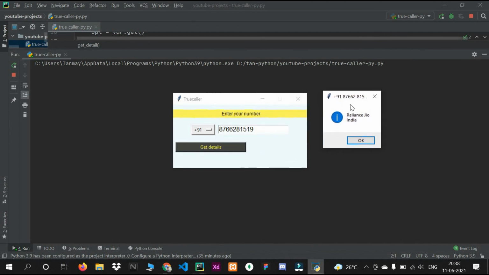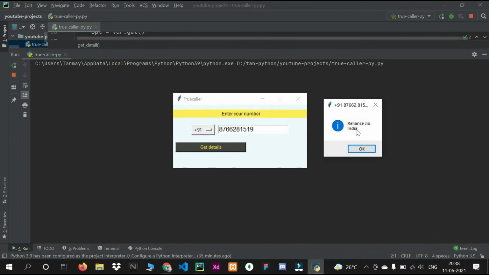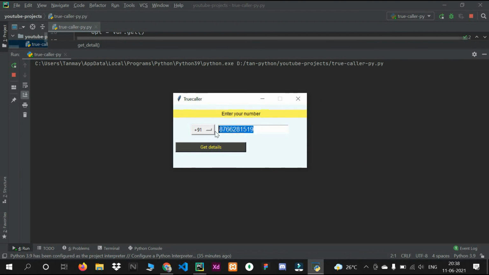So it is giving the details. You can see the number, which is the Reliance Jio SIM card, and the location is India. This is not my number, this is a number coming from spam calls like Jio and all. They keep on spamming us. So this is the number.